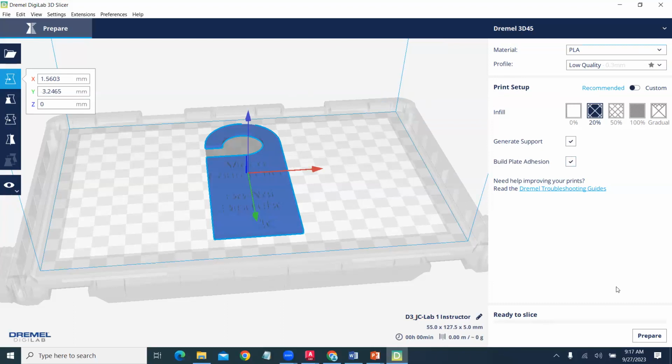If we are ready to slice it, we hit prepare. And then once it's been prepared, it will tell you how long it's going to take to make that part. So it's going to take 1 hour and 7 minutes. And then we can look at the